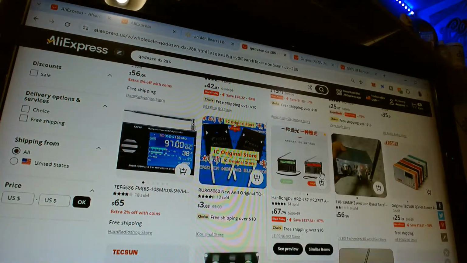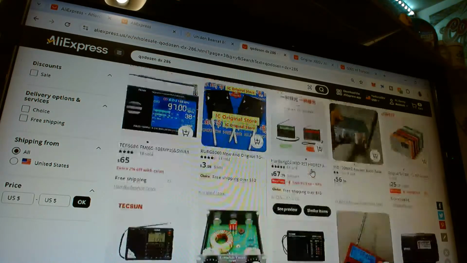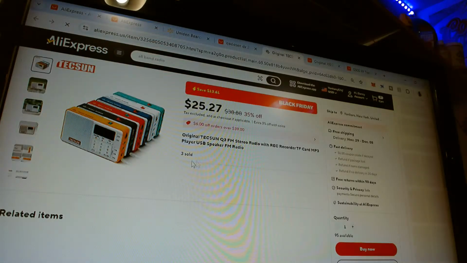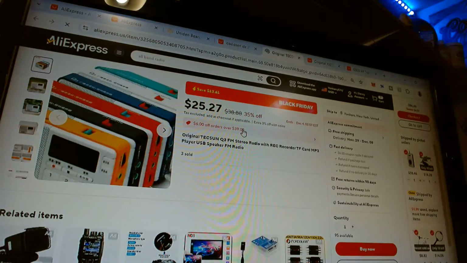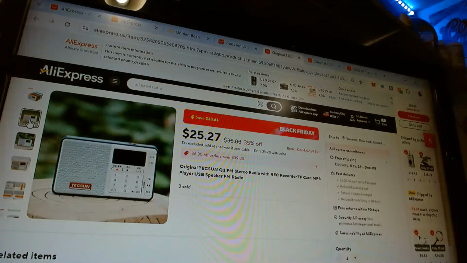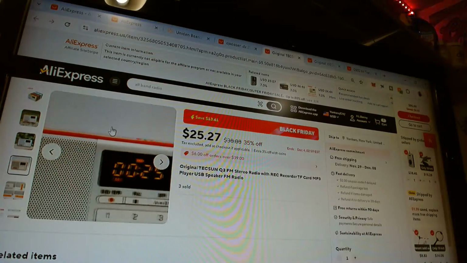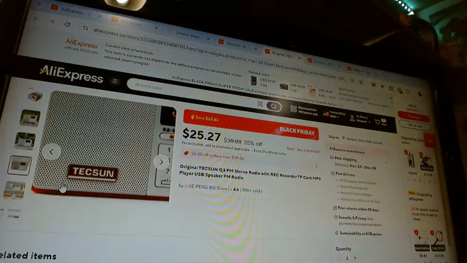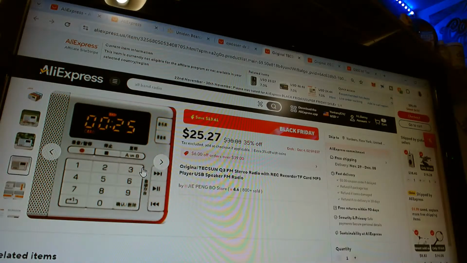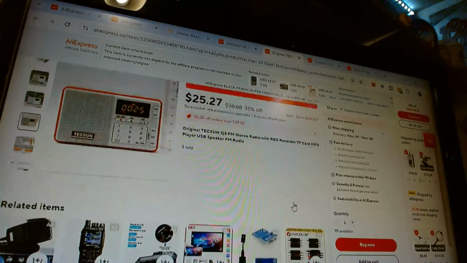I think Tom's Radio Room reviewed this one the other day. He was playing around with this one. So the Q3 is right here. I like this little radio for FM and recording. I have one in red. Yeah, that's about the price for it. It was like $30. So this is an FM only radio. It's a very small, tiny pocket radio. I like the recorder on this. So it's a nice little radio, the Q3.